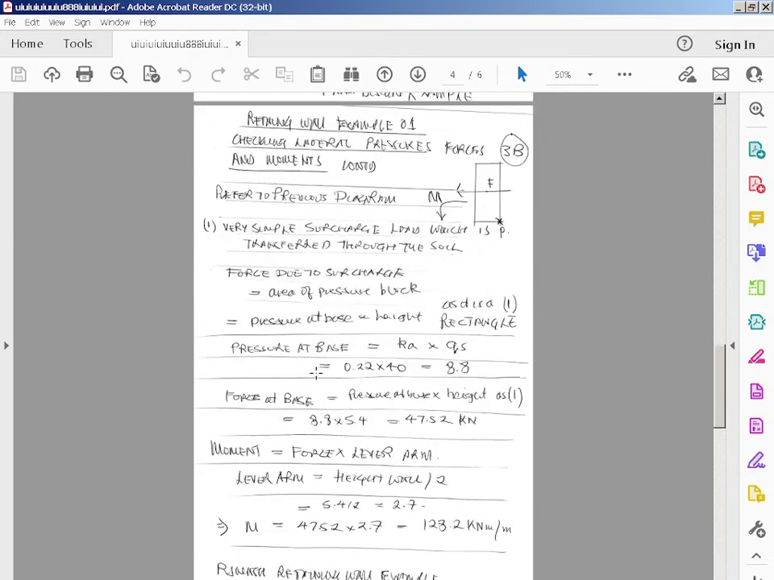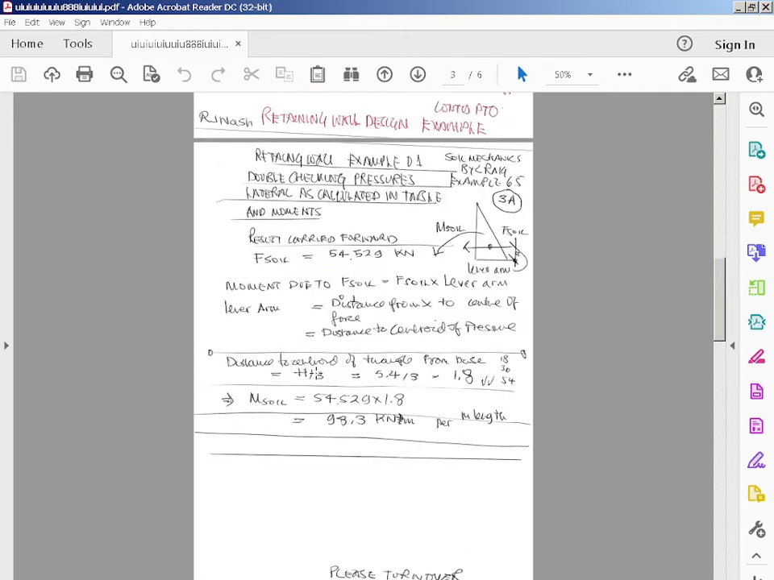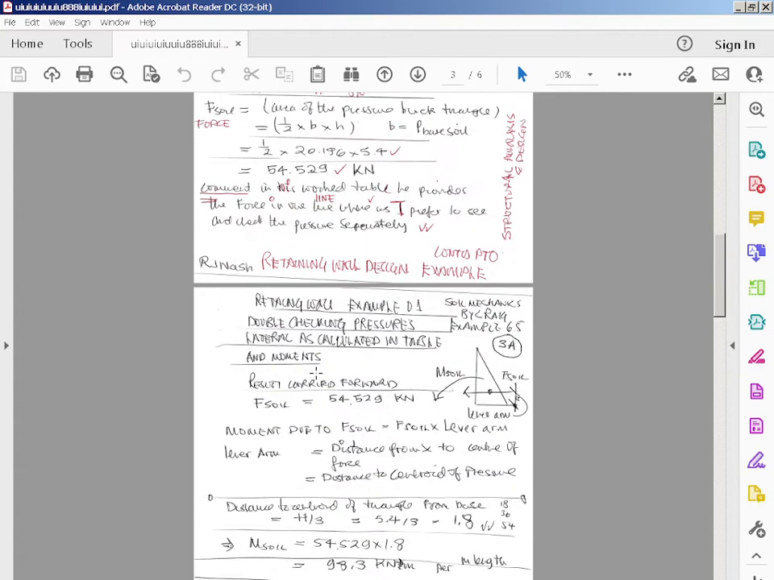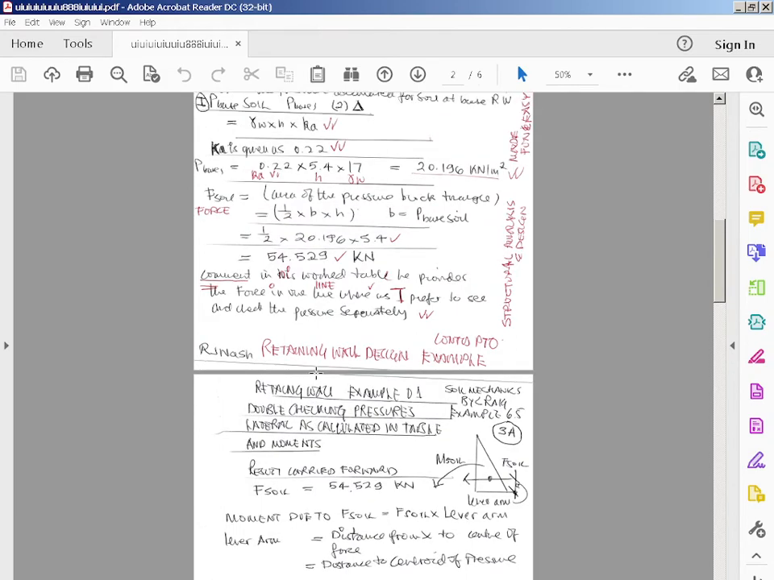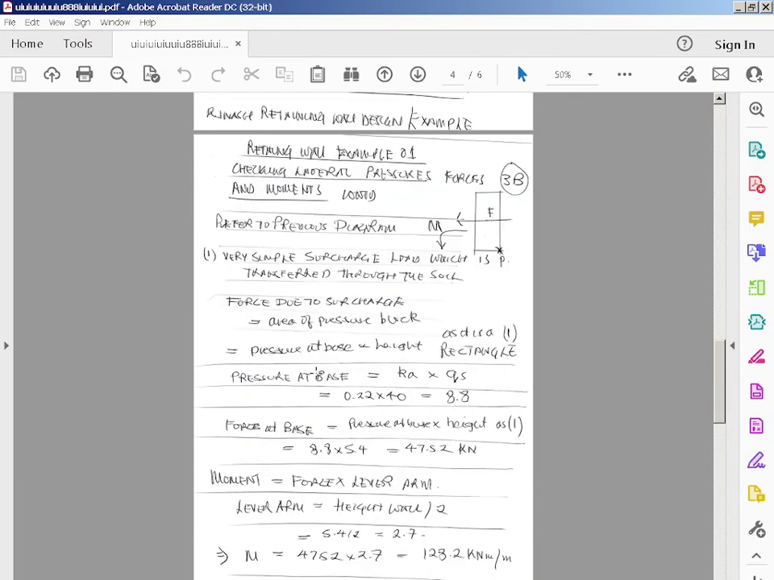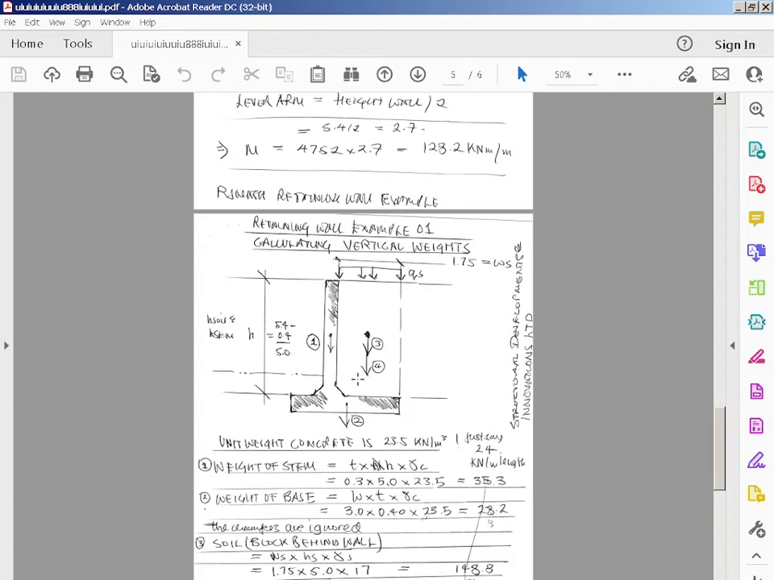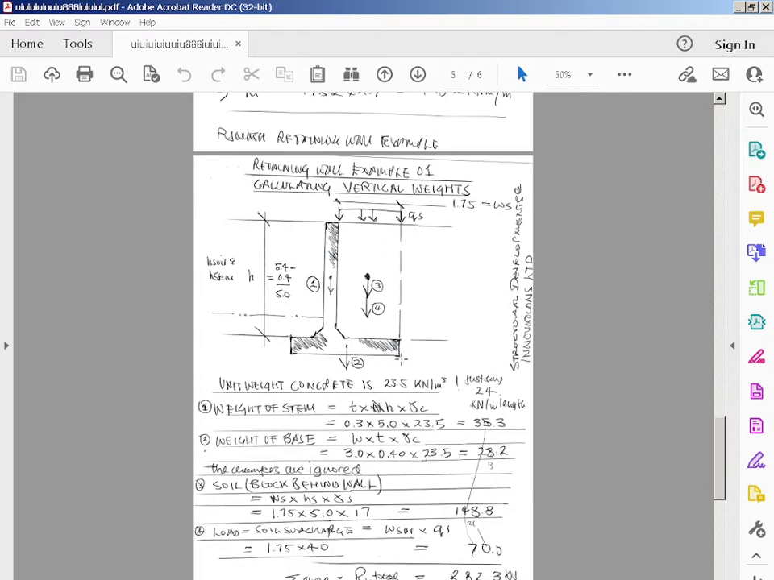So in the last videos we looked at the active lateral earth pressures, and we found the pressures, the forces, and the moments. Now, remember we were trying to find the bearing pressures under the base, so it will be like a triangulated distribution. So now we're taking moments about the heel of the wall. So now we need to find the total